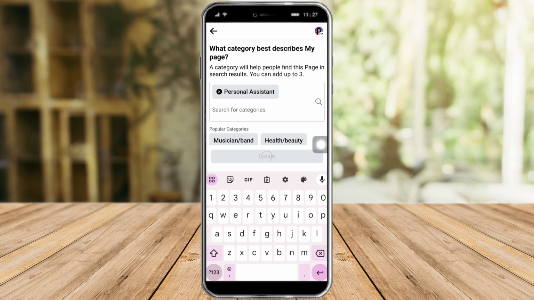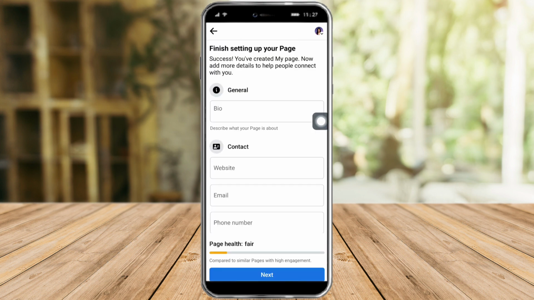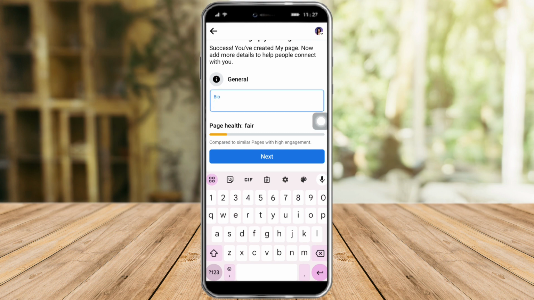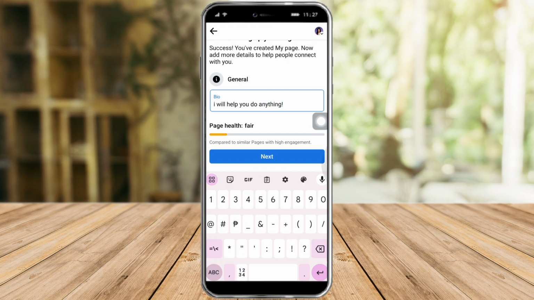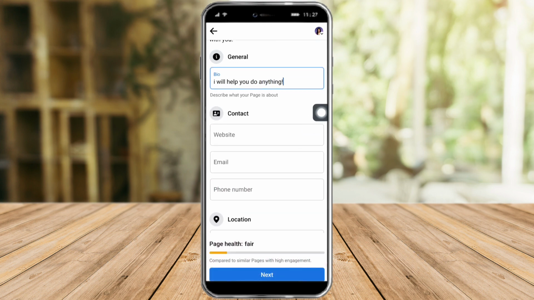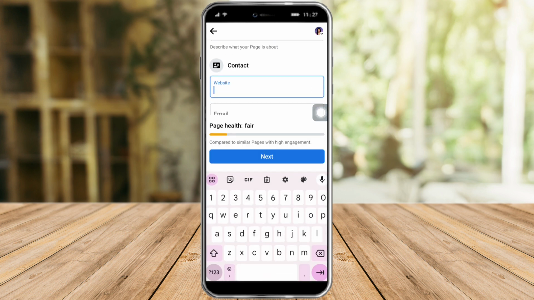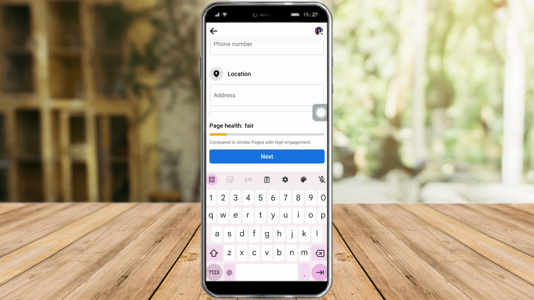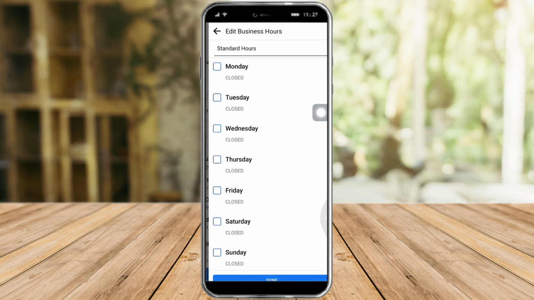And then in here you can add up to 3, but I only add 1 because that's what I want. And after that, you can add here a bio for your page. So for example, I will help you do anything. And then from in here you can add in contact details like your website. So for example, my website is tiarac.com. And from in here you can add in your email, which is tiarac@gmail.com. It depends on you. Then add in a phone number, and you can add in here also your location. After that, just click on next right here,